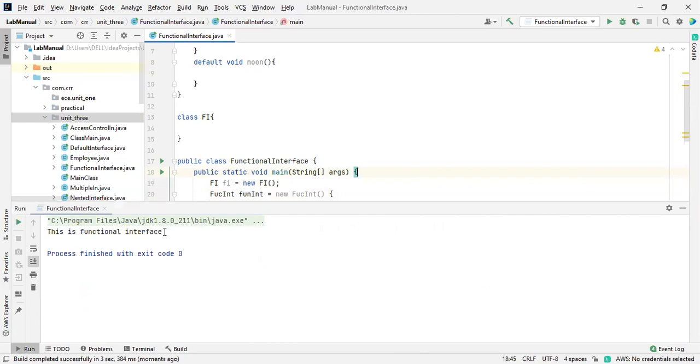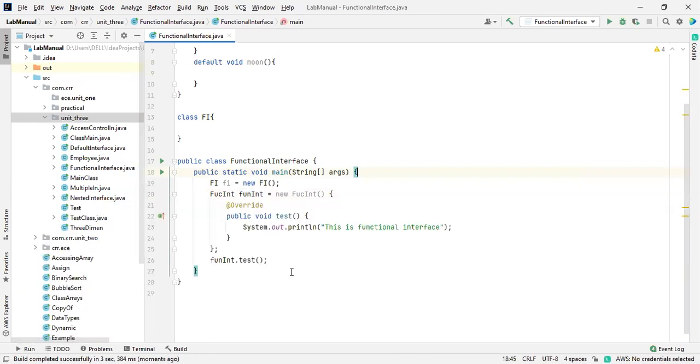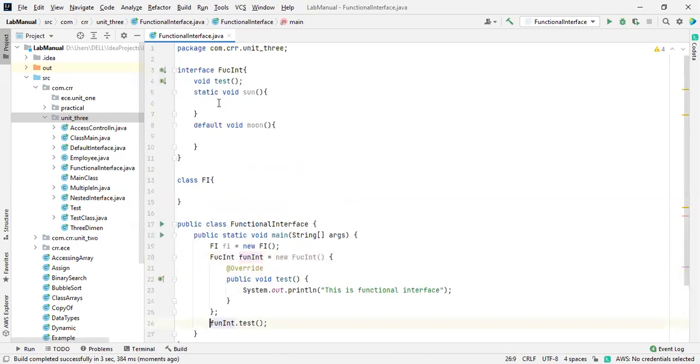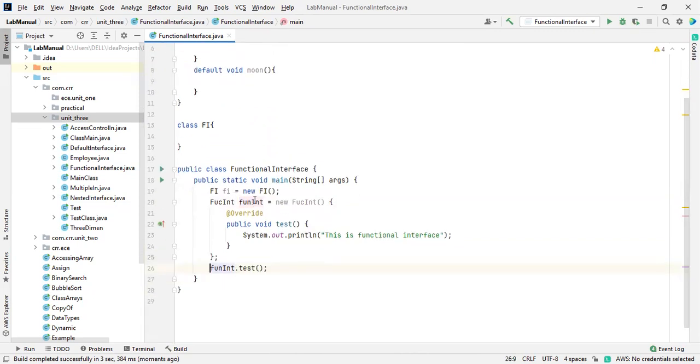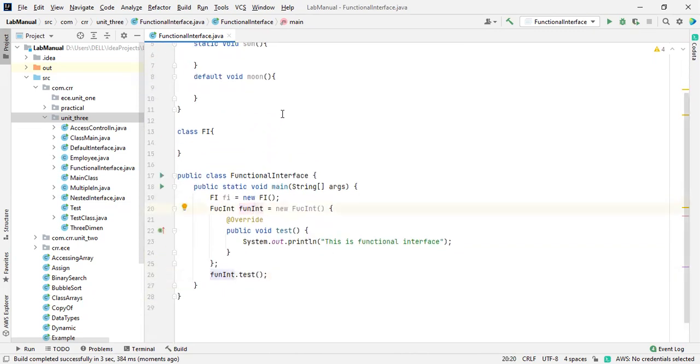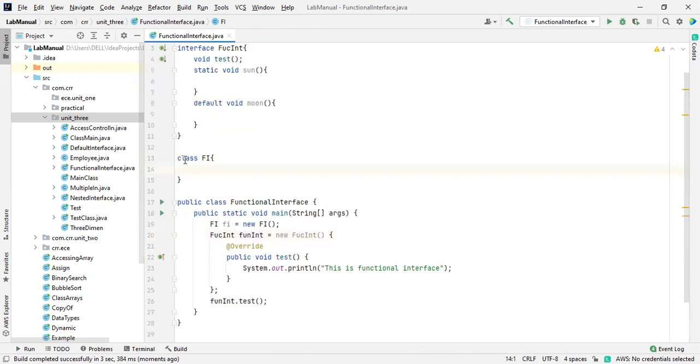See this one, it has been done. So this is what we got on output. Till date we discussed this already: how to access a method inside an interface by creating the object reference, or else by implementing over here and by using this as a casting. This is also possible. So remember this one.